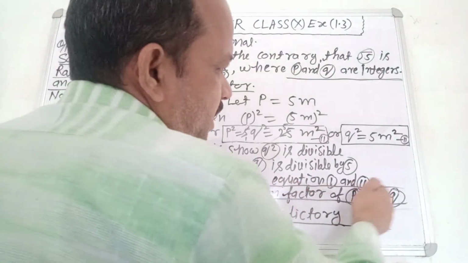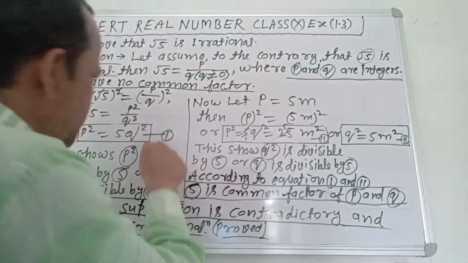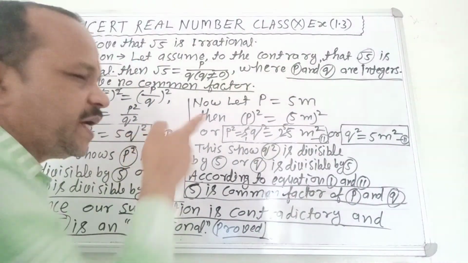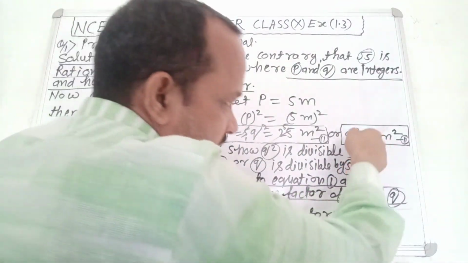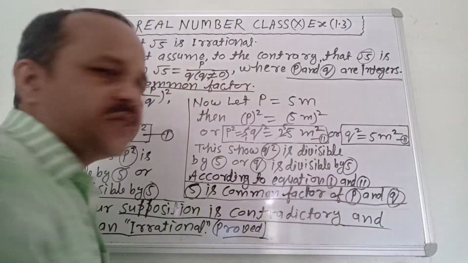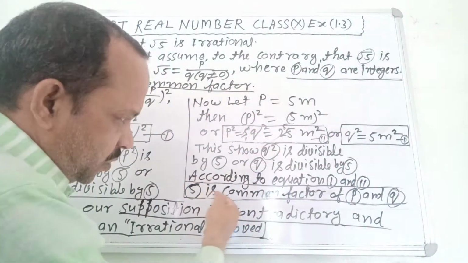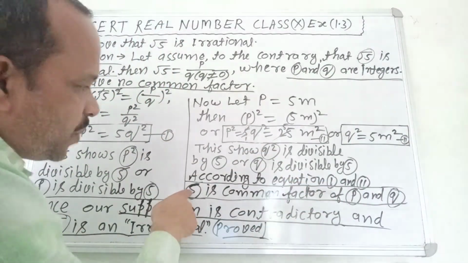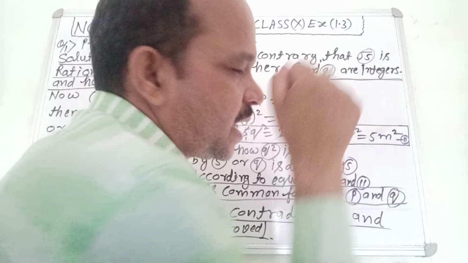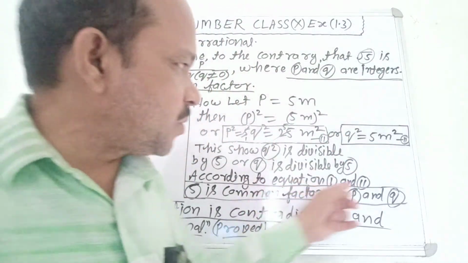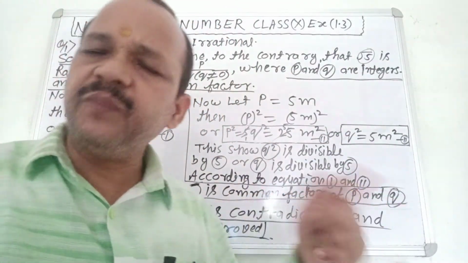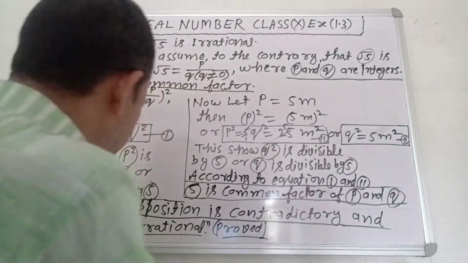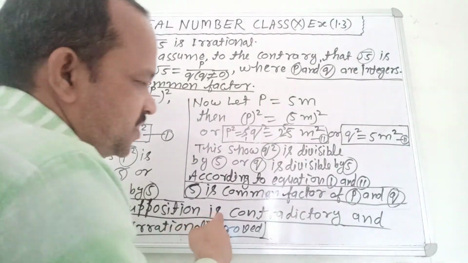According to equation first and second, here equation first is p square equal to 5q square, and equation second is q square equal to 5m square. Clear? According to equation first and second, hence 5 is a common factor of p and q. Hence our supposition is